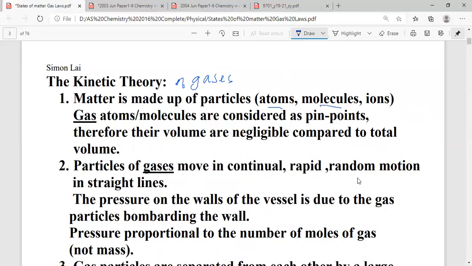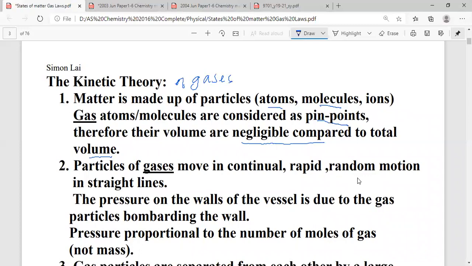But elements can also be called molecules like O2, O3, S8, anything that is diatomic, triatomic, or whatever. P4 can become a molecule too. Okay, so ions, particles. Now here is gases. All gases are considered pinpoints. Therefore, the volume is negligible. The key is they are negligible compared to the total volume. Very important,